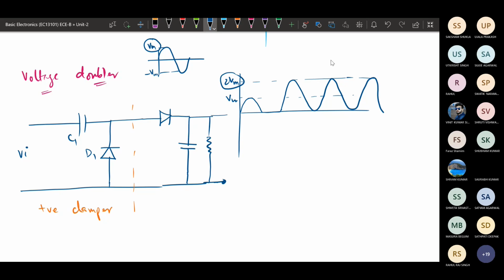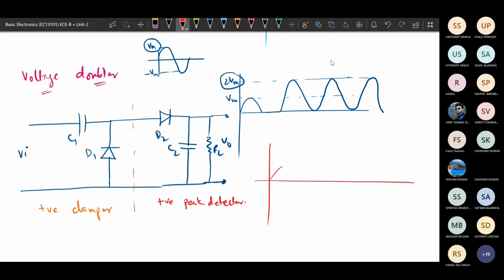Okay. So this is our output, and this is the load resistance, this is capacitor 2, and this is diode 2. And this circuit is basically a positive peak detector. Okay. So once we go with this, the output that we will be getting, initially, it will be having Vm. Okay. And then after that it will come out to be